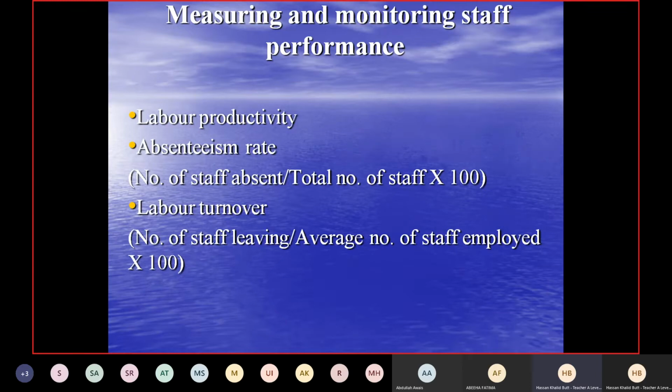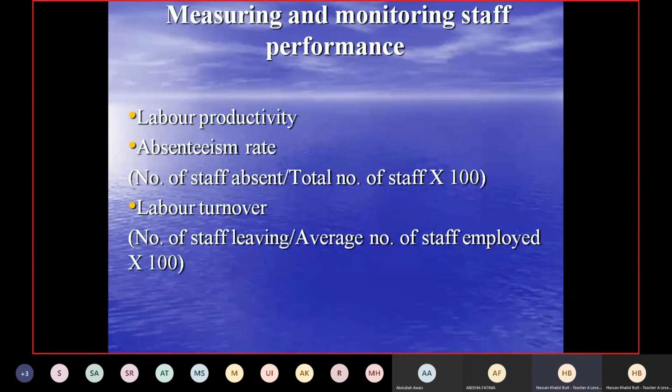Okay, who asked me that question? I didn't see. Who asked me the question? Yeah, Abiha. Okay, all right. Abiha, now listen. You can see the formula. It's written number of staff leaving over average number of staff employed. So you know that staff is not hired on daily basis. You know that, right? Every day you don't hire a new employee. It's not possible. So obviously, maybe after spending a whole year, either the employee leaves or you ask the worker to leave, whatever. So that is why we calculate it per year. So average number of staff employed, that is obviously per year.